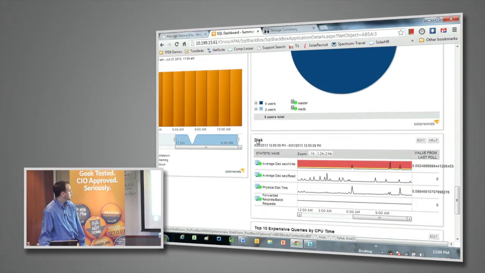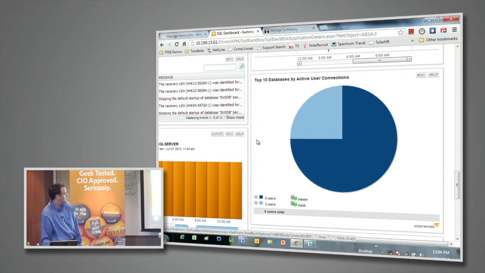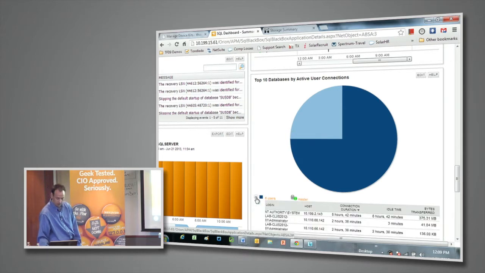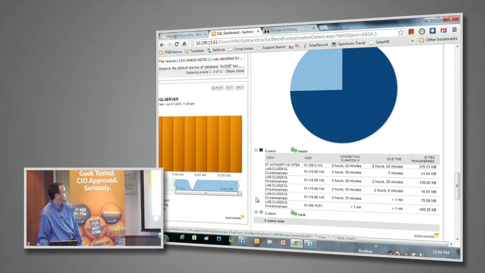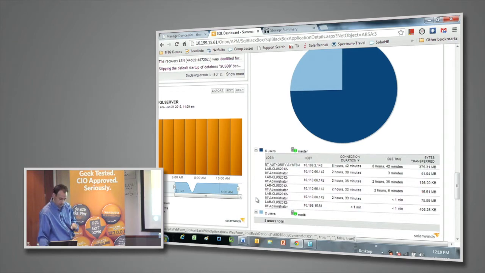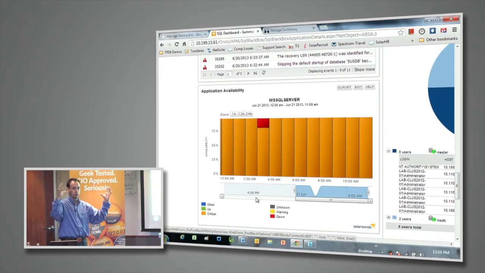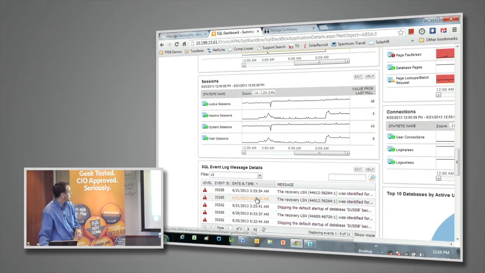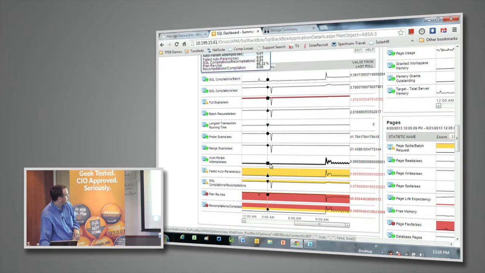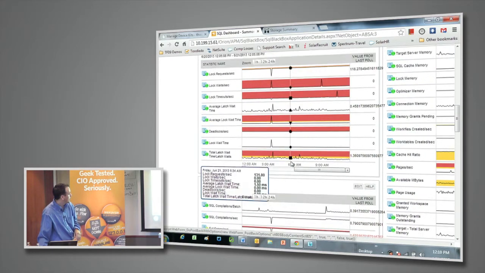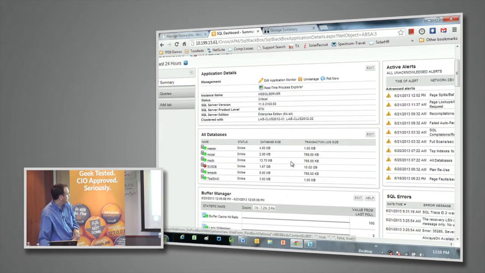But if we go back up to another key component is top 10 database by active user connection. So who's connected to the database? How long are they connected? Are they idle? How long have they been idle? And things along those lines. Being able to see this at a database level within a SQL server is extremely critical and important as well. But this is kind of just at the SQL server level. So, up above here, some other things here you can see over time how they match up. But if I go into a given specific database here,